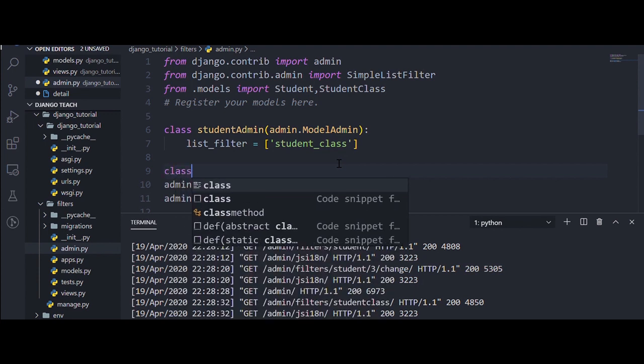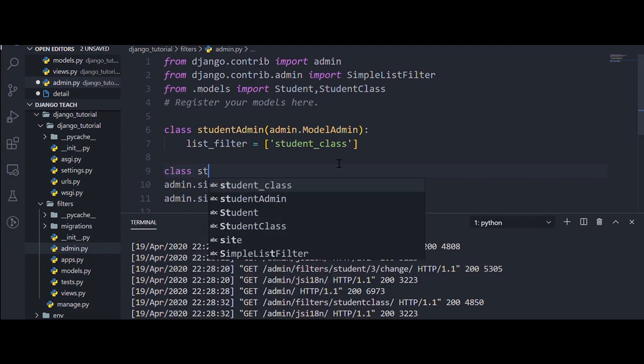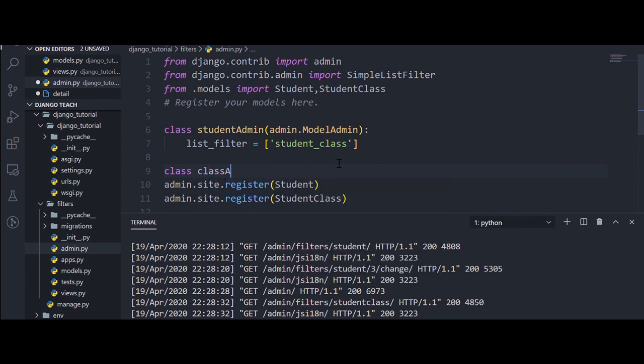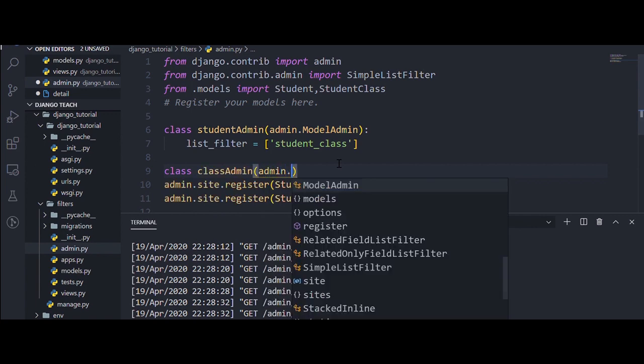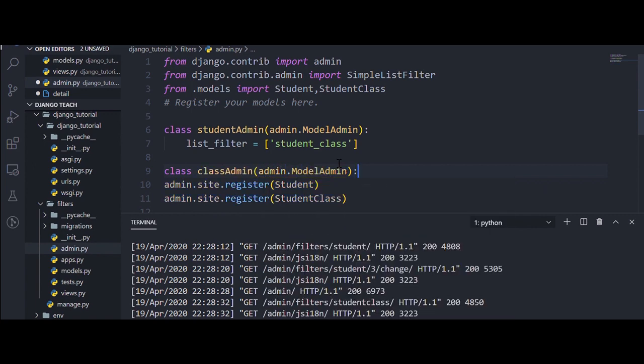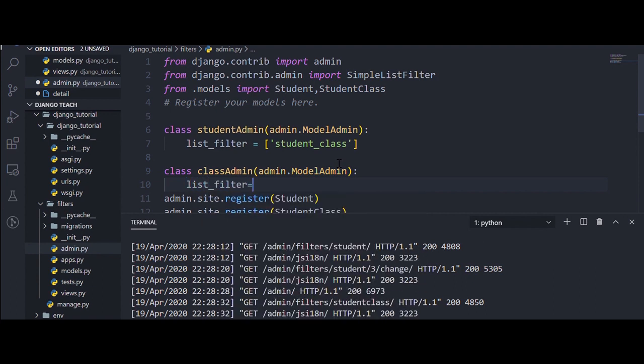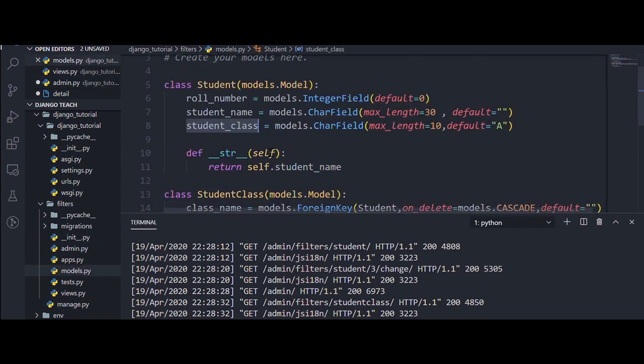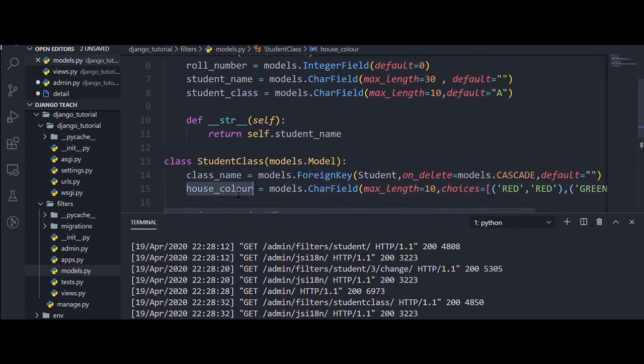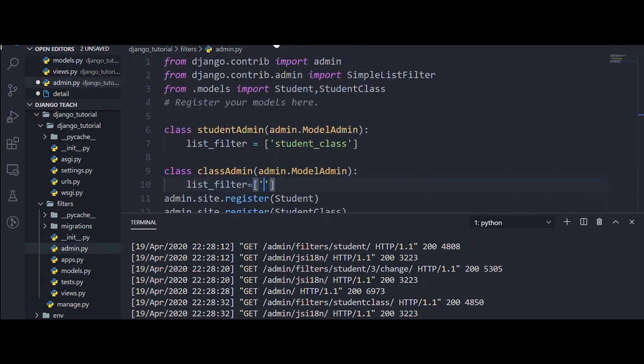Okay, and I will create one more class, that will be ClassAdmin, and I will write admin.ModelAdmin and list filter. I will check my model and use house color for filtering.